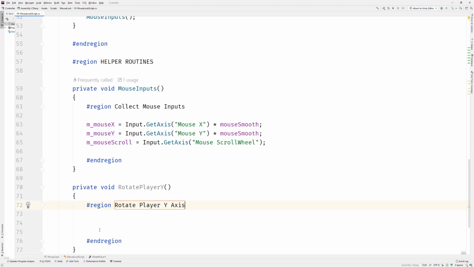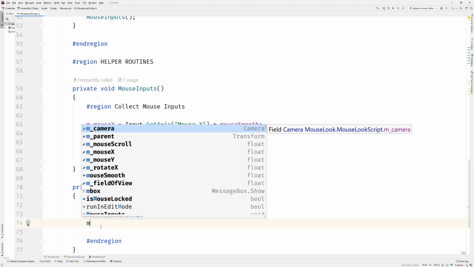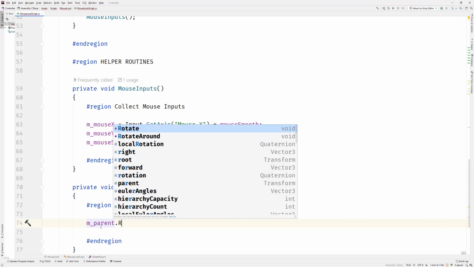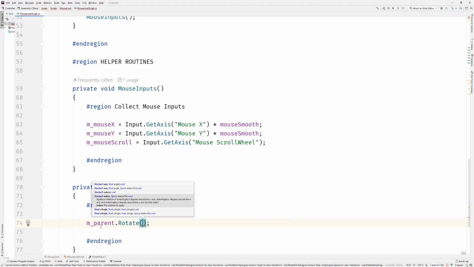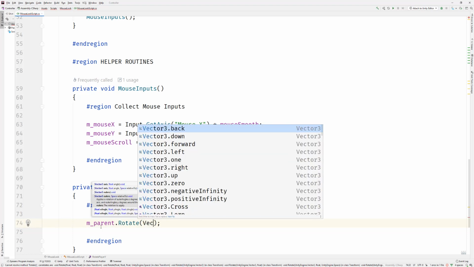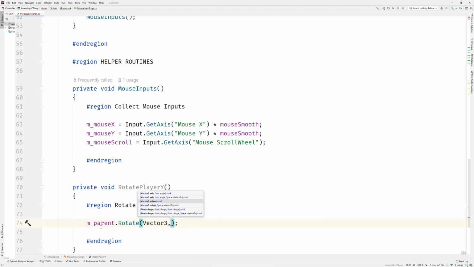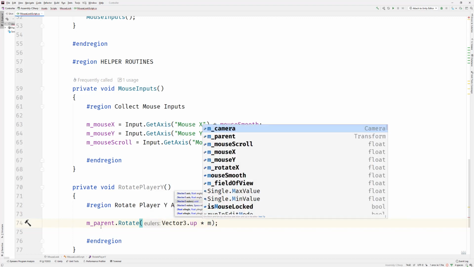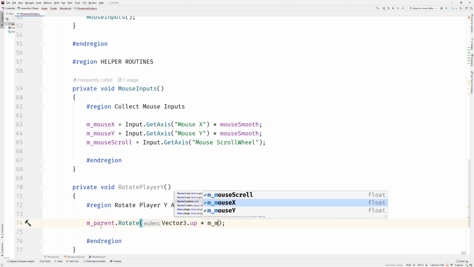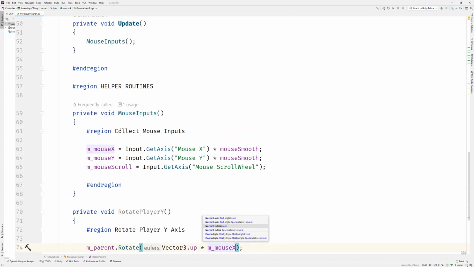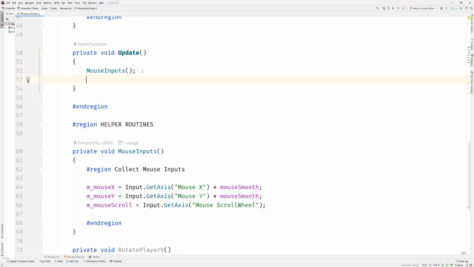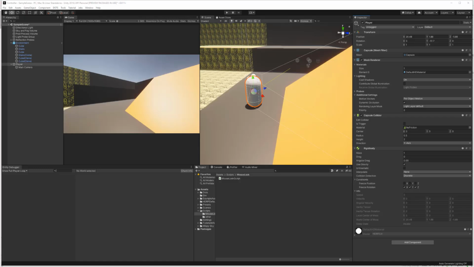All right, so what we're going to do is take the parent and then use the Rotate function, and we're going to rotate this in the y direction. So this is going to be Vector3.up, and then we multiply it by mouse X. Next, let's call our RotatePlayerY. Now you need to go back into Unity